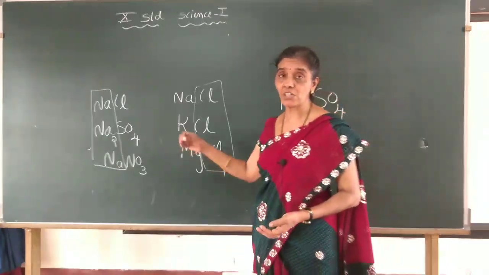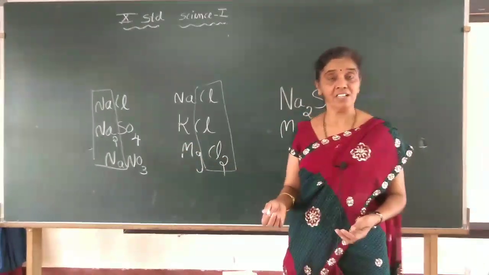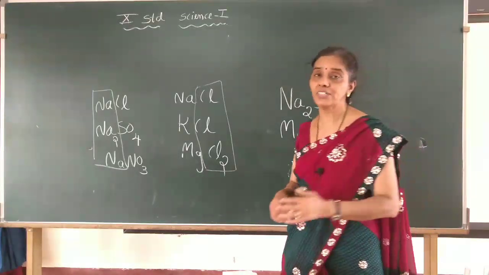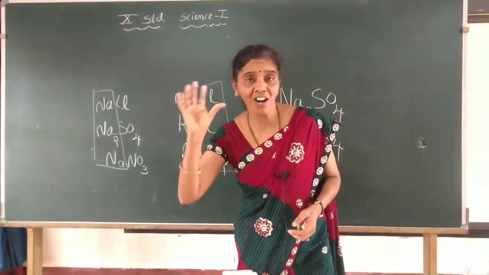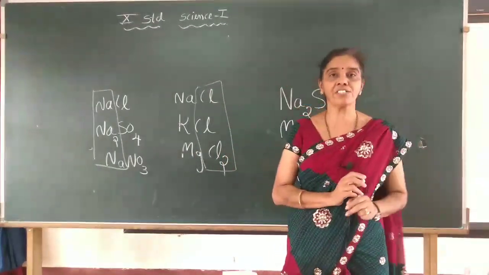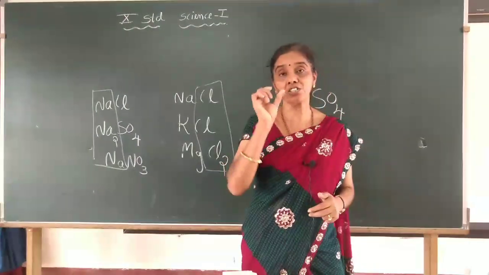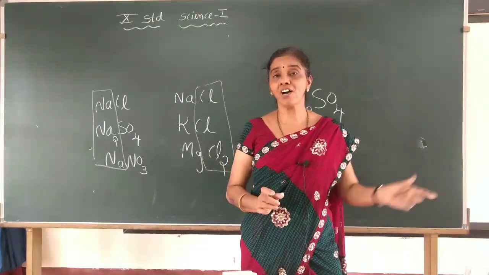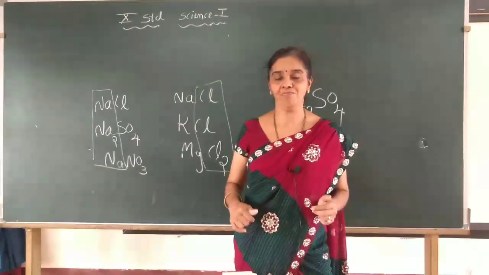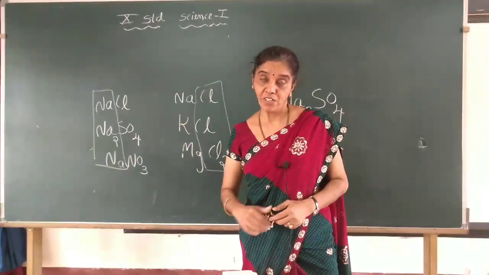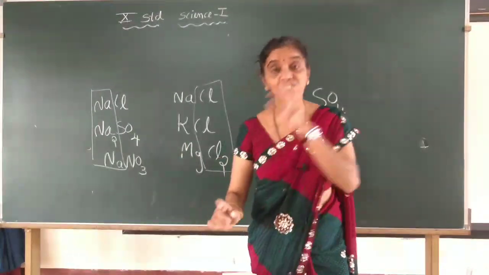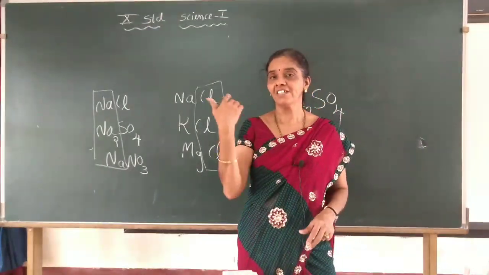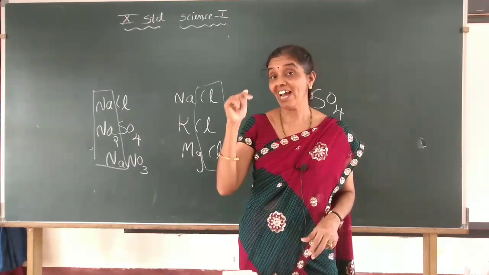And what is the nature of salts? Some salts are acidic, some are basic. Now, how do we find out whether they are acidic, basic, or neutral? If you take a strong acid and a strong base and they react, the salt produced is neutral. Another possibility is a strong acid and a weak base reacting. After the reaction you will get a salt. Now, what is the nature of this salt? It is acidic in nature.